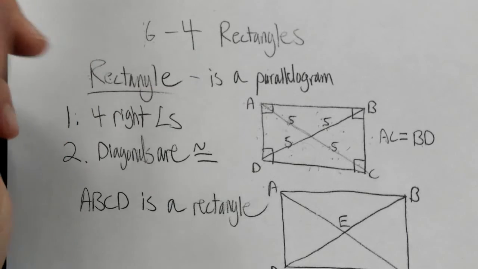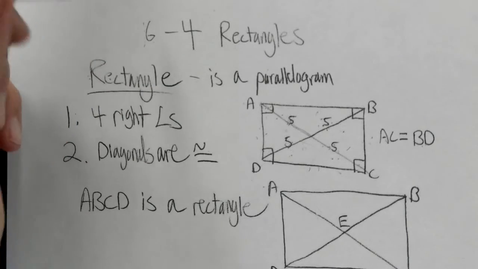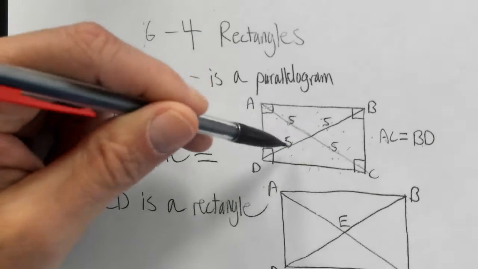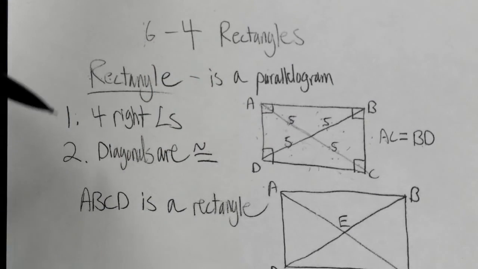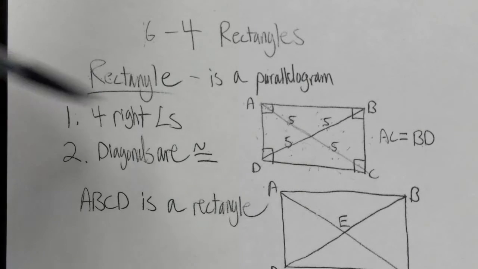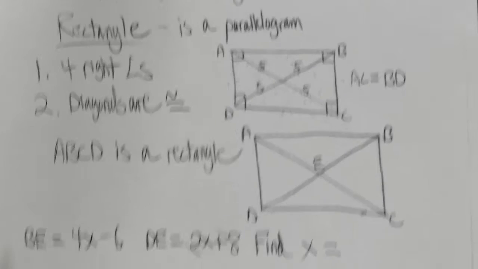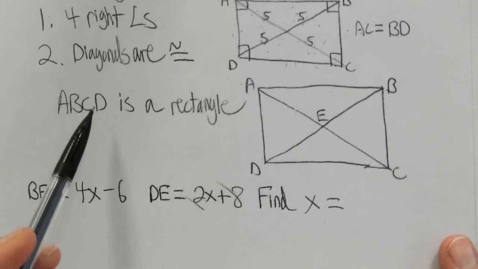All right, so that's unique to a rectangle, okay? So in a parallelogram, they just cut each other in half. But in a rectangle, they've got to also be the same. Okay, so that's the difference. Those are the two properties that we add to the four for being a parallelogram. And so in this next type of problem,